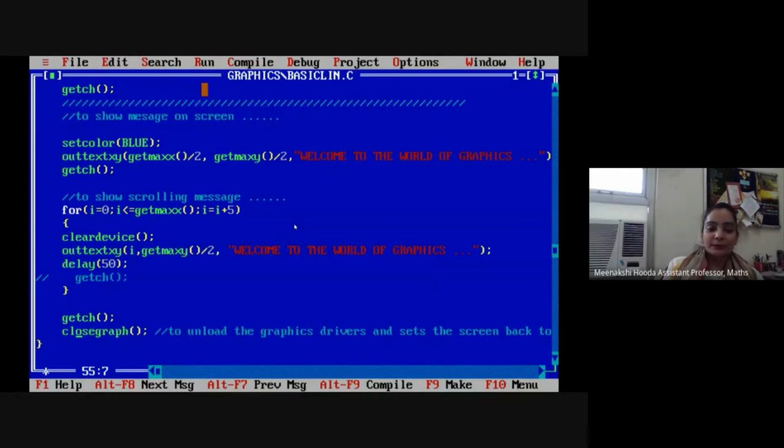So it will start from the left and move up to the right border. You can modify the code so that it comes to the left again and again goes to the right. You can modify this program so that it keeps on scrolling from left to right until you close your program. So this is how you can use line, init graph, close graph, how you can use clear device, how you can display messages over the screen, and how animations can be implemented in your program.